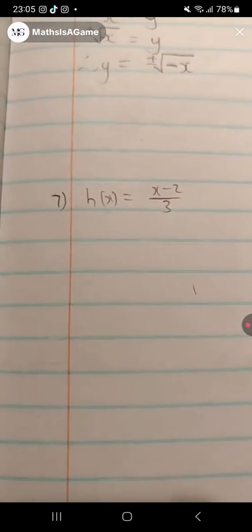Anyways, I'm sure you guys can all agree that the answer is going to be h of x is equal to 3x plus 2. I'm not even going to bother and do it. Okay, I think for the purpose of fairness, I am now going to...